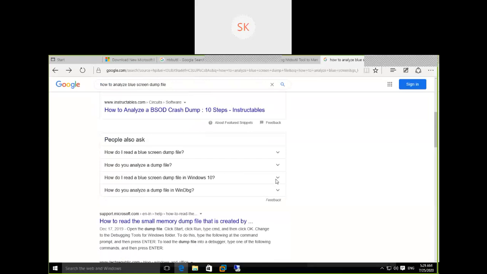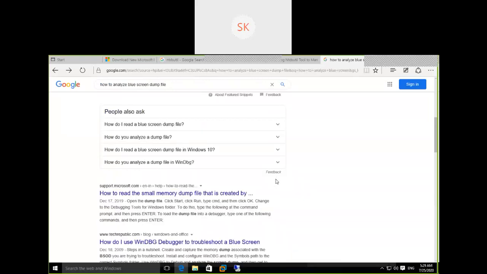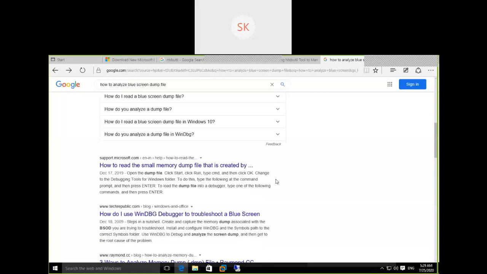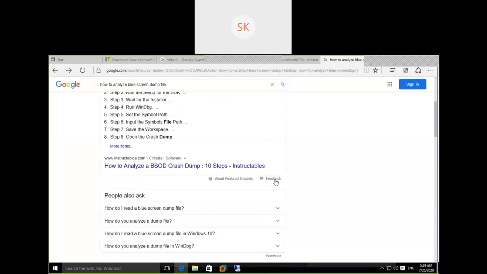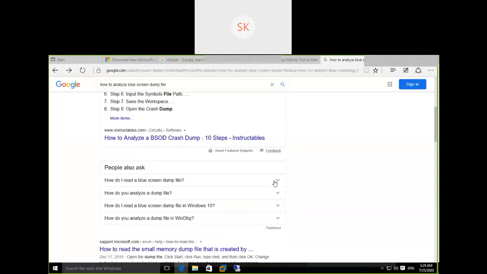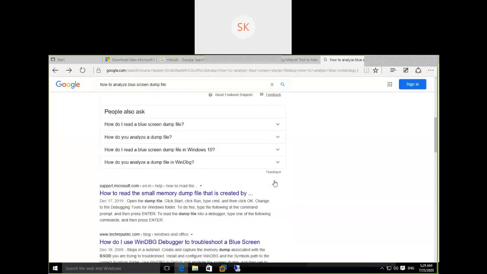This blue screen error, in technology, we call it BSOD, blue screen of death. BSOD means blue screen of death. How to analyze? There is a tool called WinDbg. WinDbg is a tool to analyze this particular DMP file.